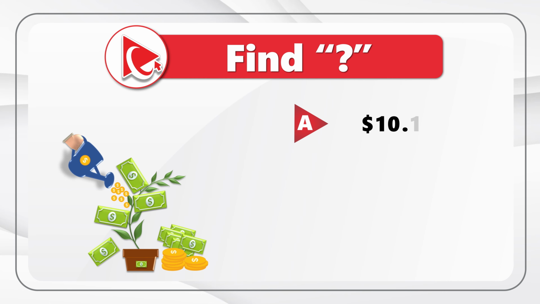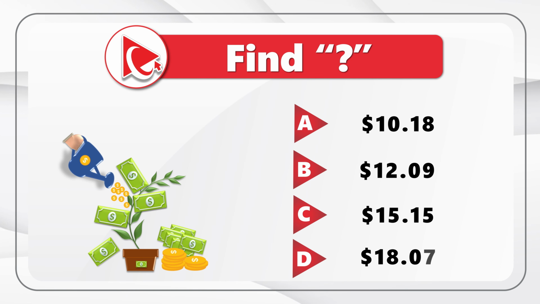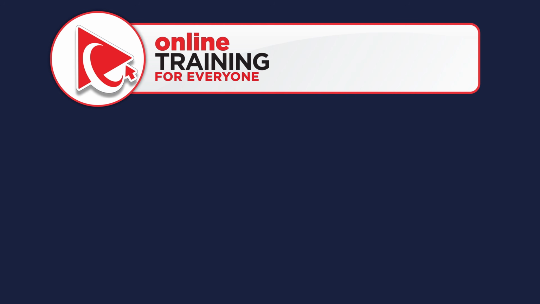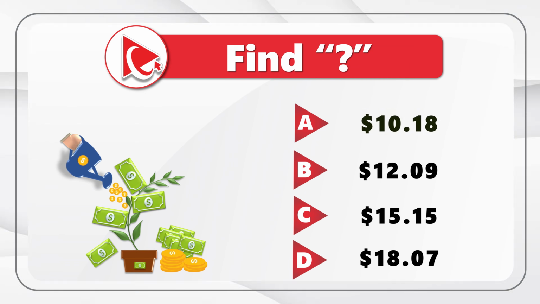Choice A, $10.18. Choice B, $12.09. Choice C, $15.15. And last but not least, choice D, $18.07. Take a close look to see if you can complete the calculations. I think the correct answer here is choice A,